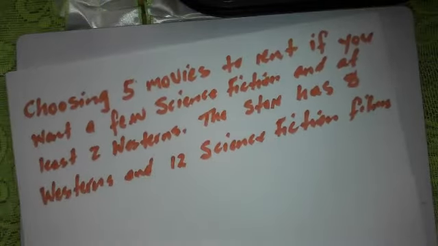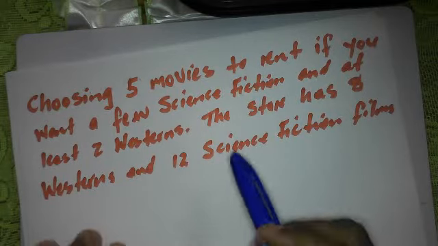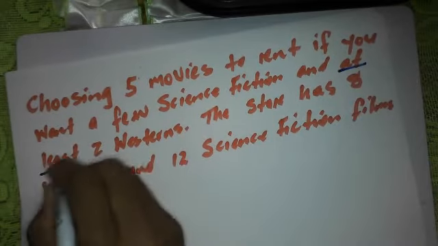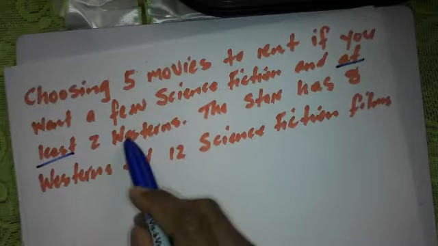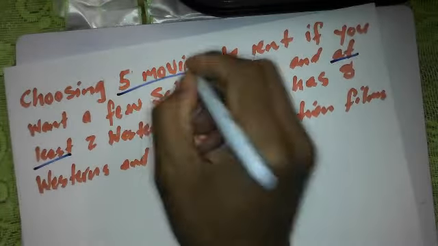Now it says choosing 5 movies to rent, if you want a few science fiction and at least 2 western. The store has 8 westerns and 12 science fiction. Alright. Now the word "at least" means greater than or equal to. Okay? So if you want at least 2 western and there are 5 movies you're choosing, it means that it